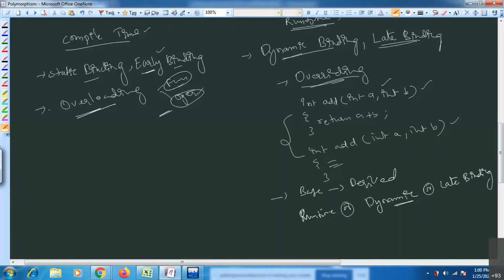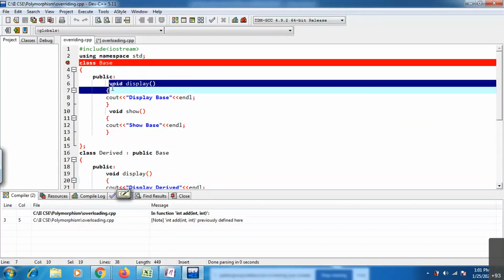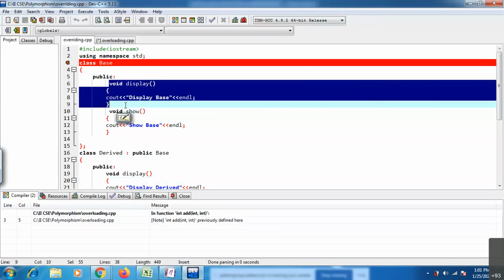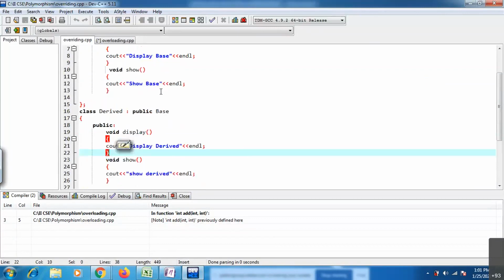Late binding means after compilation, you are going to run your code. At the time of running your code, your function call is going to associate with your function definition. Okay, the example is the overriding concept. Just take this example. In overriding, you can override one function in another class, meaning in a derived class you can override that particular function. This function you are overriding inside your derived class. Inside a single class it is not possible.